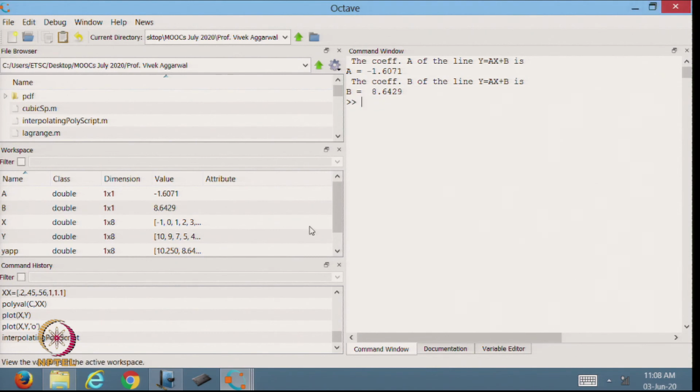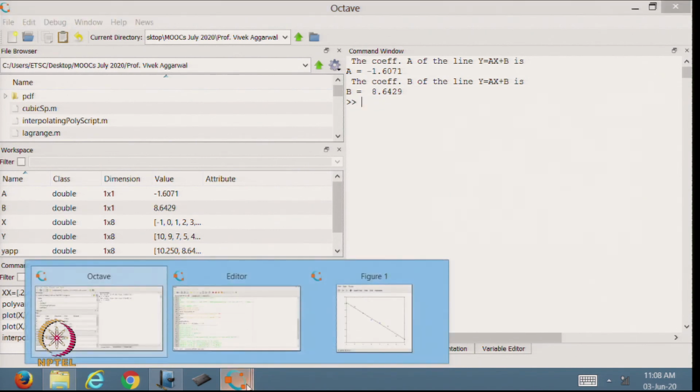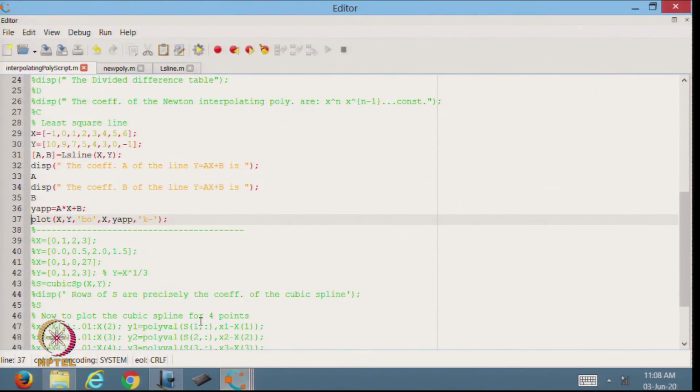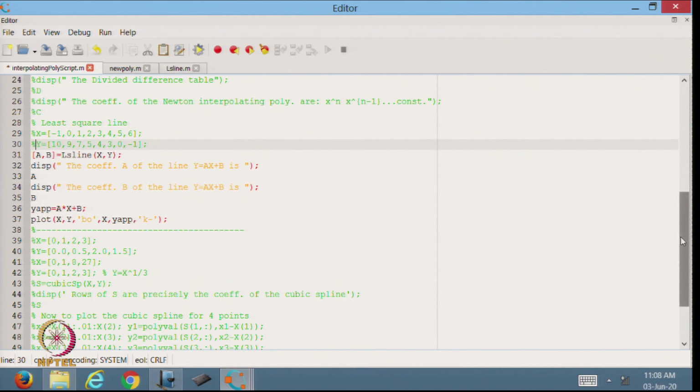Maybe I can define another approximation also. Instead of this x, I try to make another line.